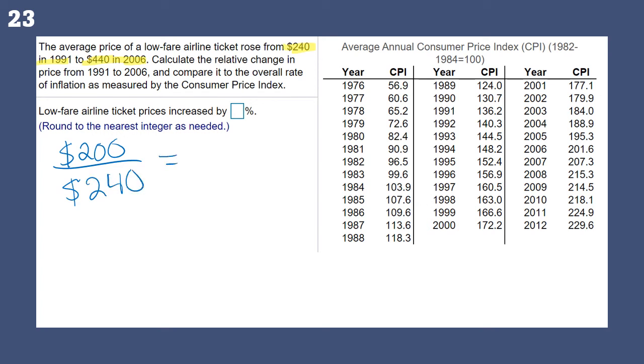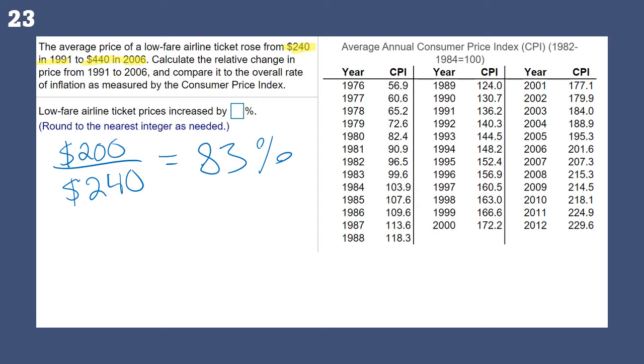So if I type that in my calculator, I get 200 divided by 240. I get something like 83%. Okay. So the next thing it asks me to do